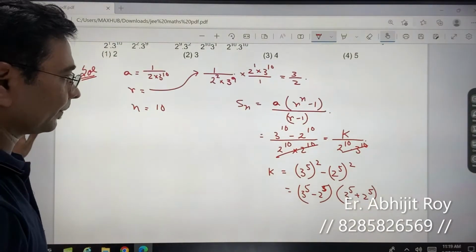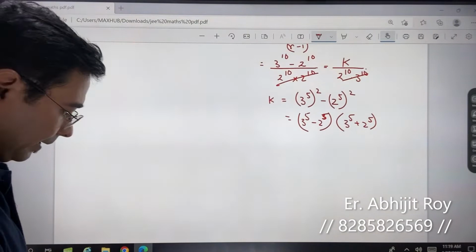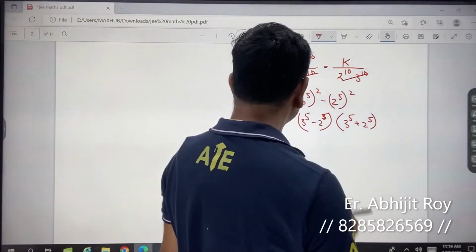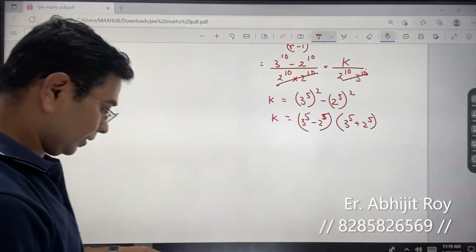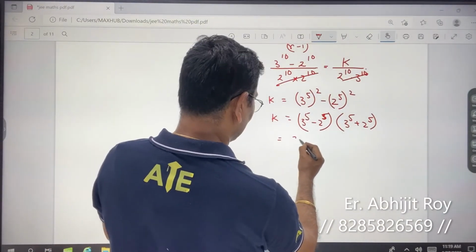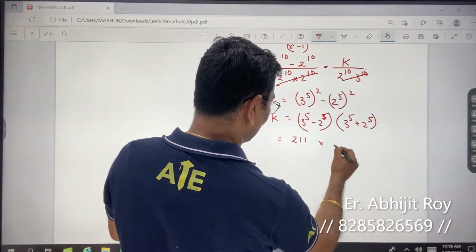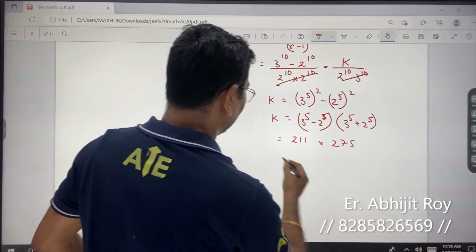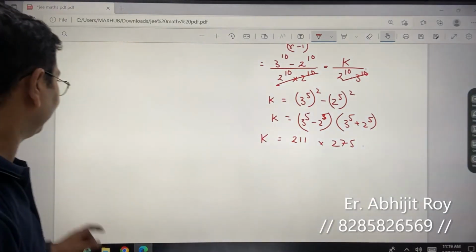तो ये दोनों हमने इस तरह से कर लिया, a plus b, a minus b करके, and that is equal to k. और इसको मैंने सॉल्व किया तो I am getting it as 211 into 275. So I have got my k, right? I have got my k, but the big thing is